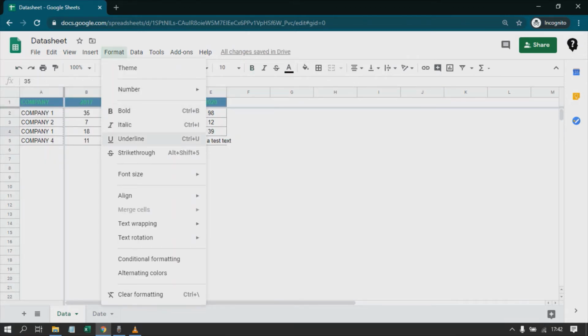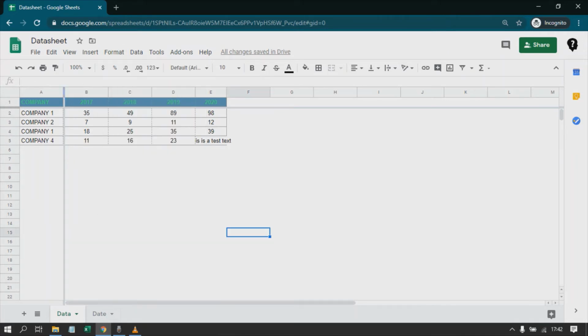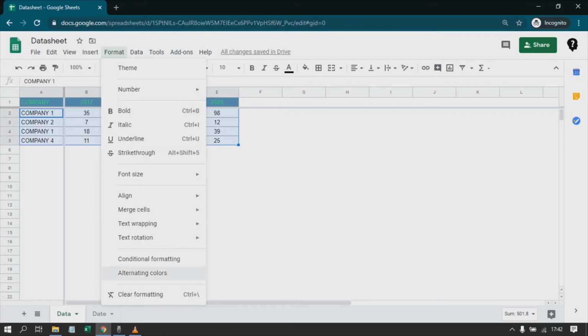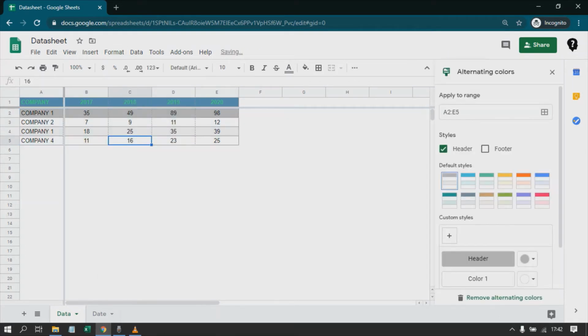Okay. Next we have alternating colors. So alternating colors is nothing but we can select the data and just mark it as alternating colors. So basically to make it more appealing.